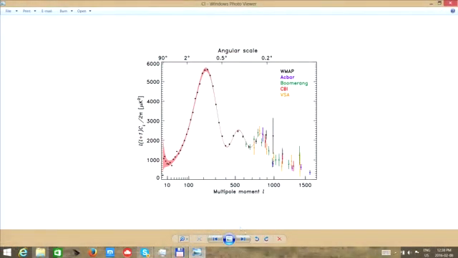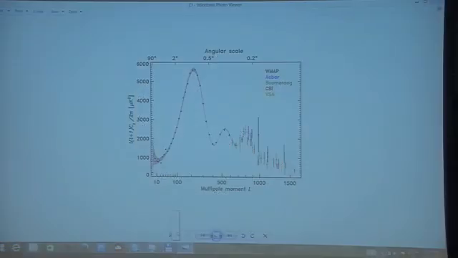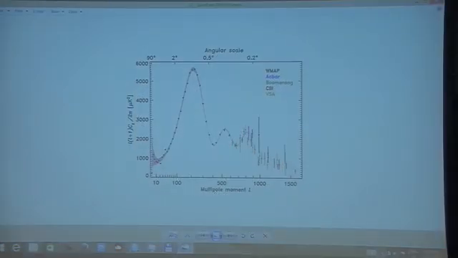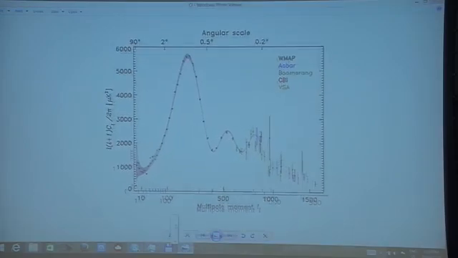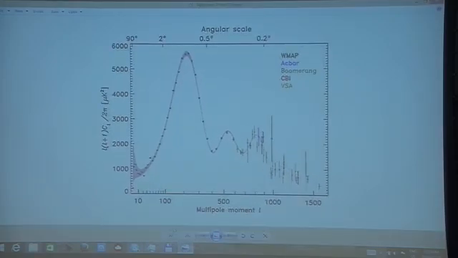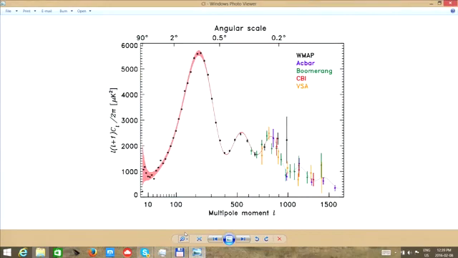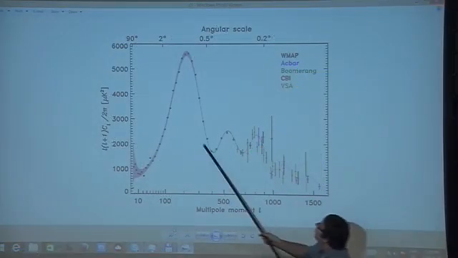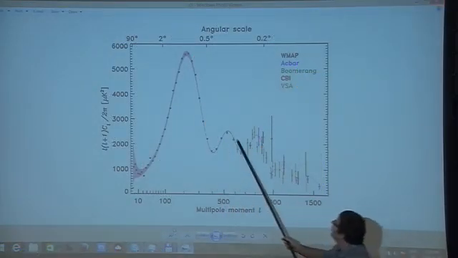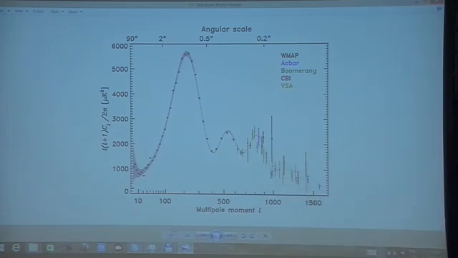So now here's the CMB power spectrum. Again, notice the large error bars for small l. But here, at this point, it all agrees with the theory very well. Here you have some problems, but okay. So this is the CL power spectrum, a very beautiful thing. It tells you everything about the universe, basically.